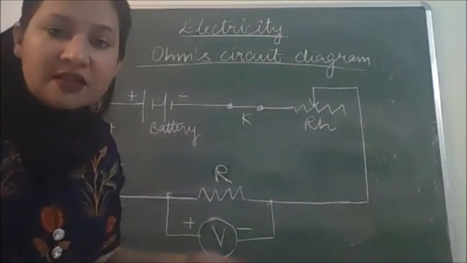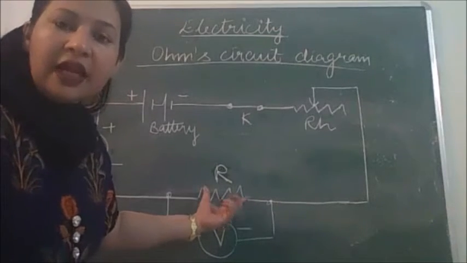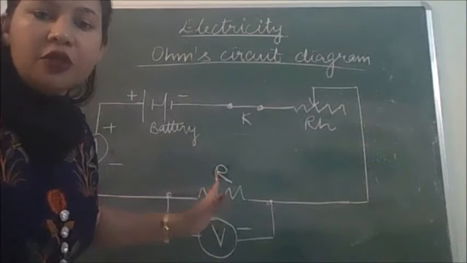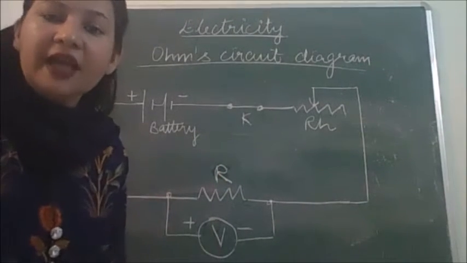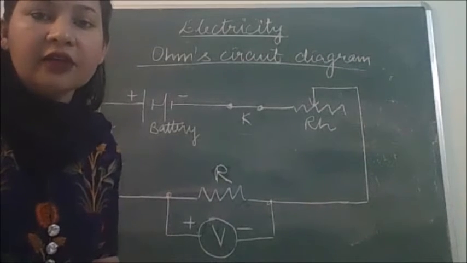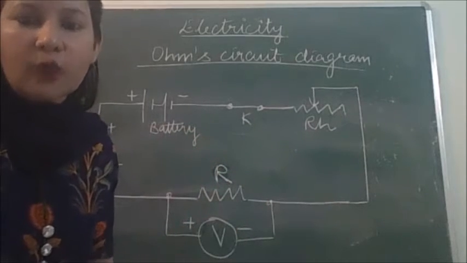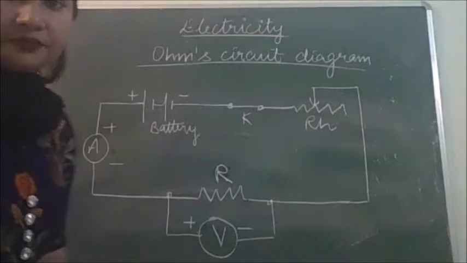resistance of the entire circuit. It can't change the resistance of this fixed resistor that we are going to find, but it changes the resistance of the entire circuit, due to which the readings of the ammeter and voltmeter change. So we take a new set of readings. Then again, to take a third set of readings, we move the contact of the rheostat once again. So this way we are able to take 3 readings.